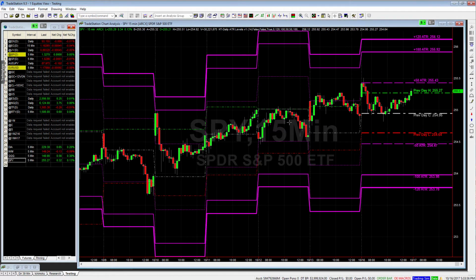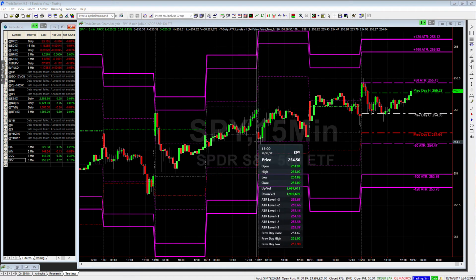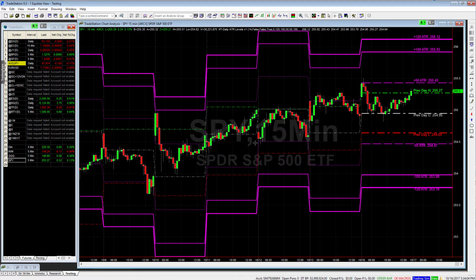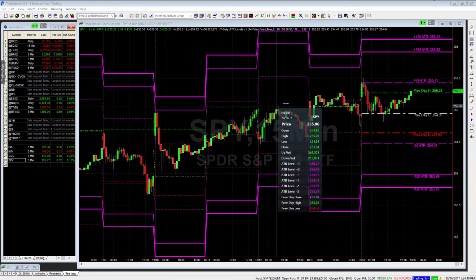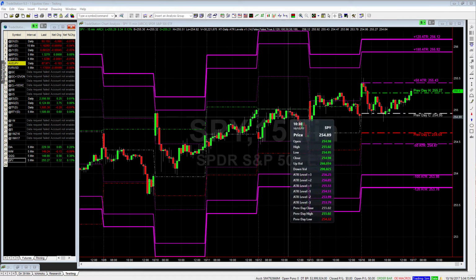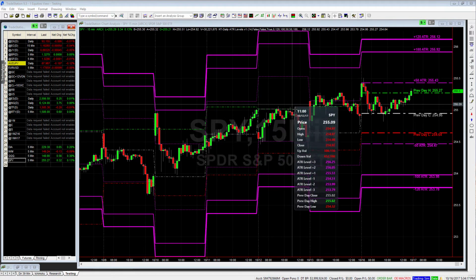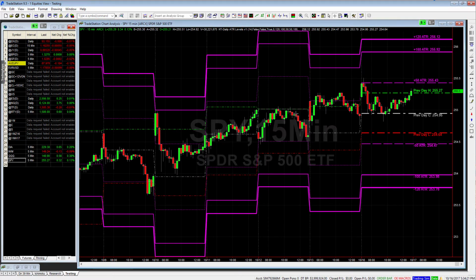You can see over here, right off the open, prices sold off right into the ATR minus 50. Yes, that is the ATR minus 50. Rallied right into the previous day high, which also happened to be the previous day close. Now this is something my trading partner Larry really keys in on. When he's got two levels that are right on top of each other, he calls that confluence, and that gives